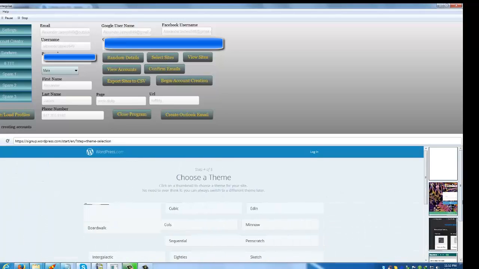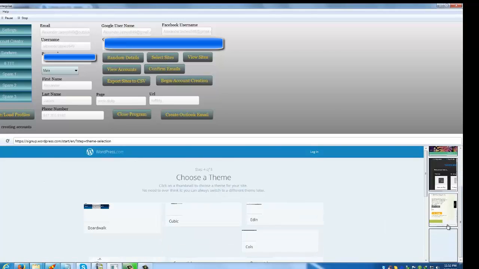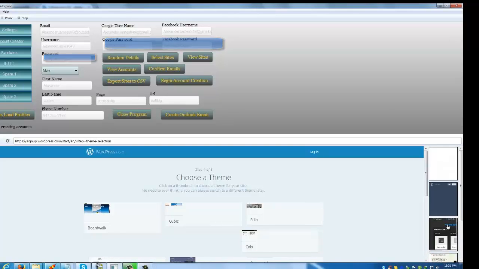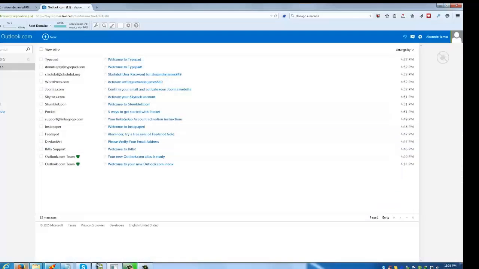WordPress looks like it's going along fine. Let's go back and take a look at our list of completed accounts so far. Alright, so Typepad, Slashdot, WordPress, Joomla, Skyrock, StumbleUpon, Pocket, Linkagogo, Instapaper, FeedSpot, DeviantArt, Bitly,